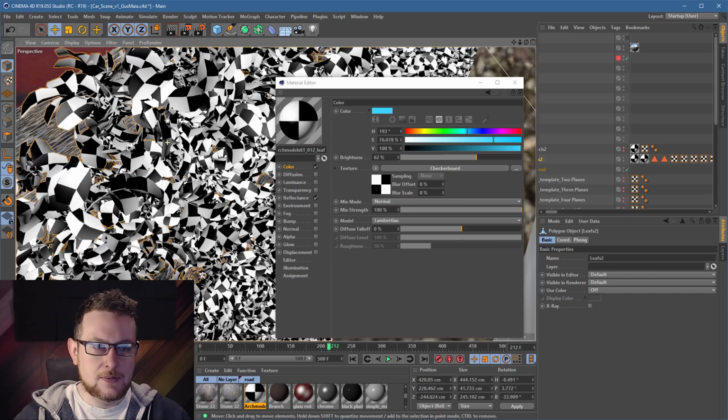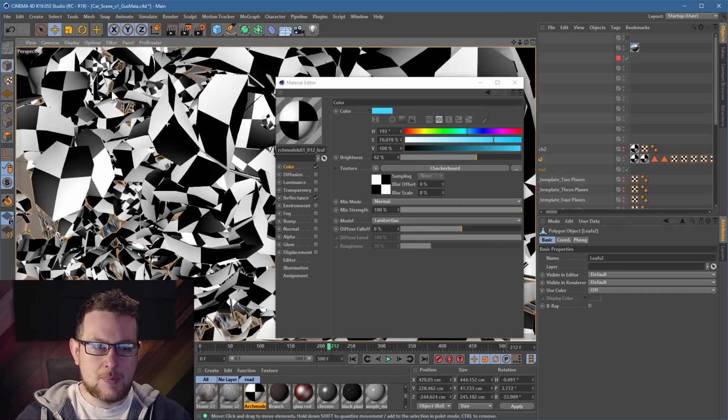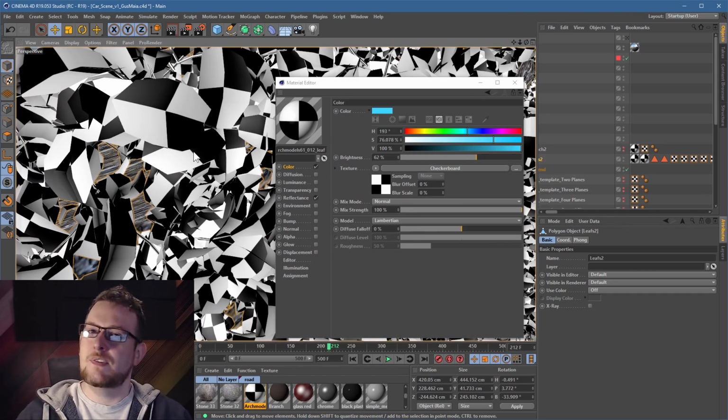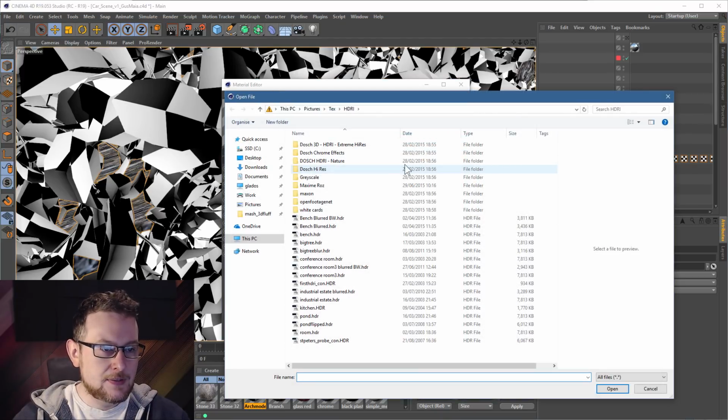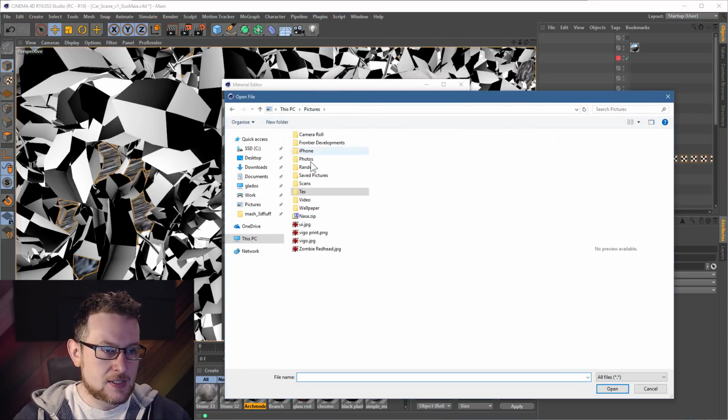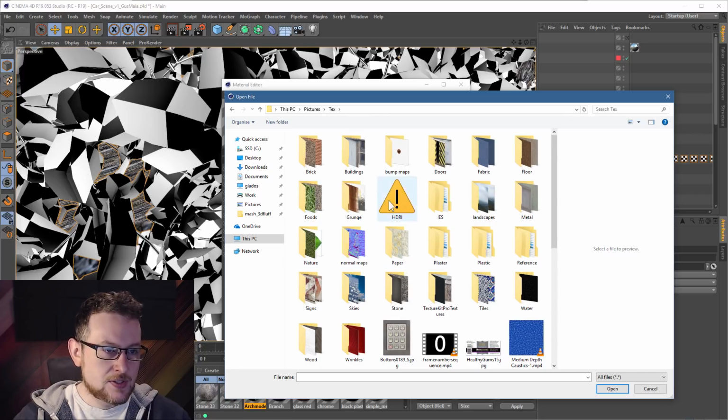But you can see on the leaves, it's actually quite nicely mapping that checkerboard onto the surface. So I'm hoping if I put in a picture of a leaf, the leaf will more or less already be in the correct place. So if I swap out the checkerboard with a leaf, so let's see, pictures, textures. So this is just stuff I've got laying around. If you're after a good place to get some of this stuff from, by the way, then